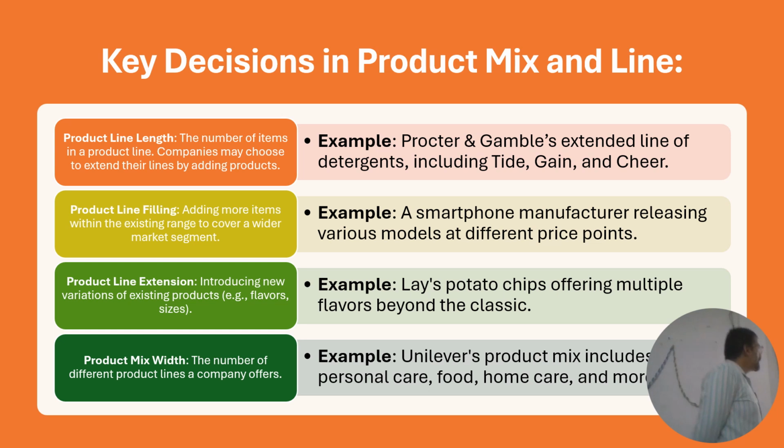Similarly, we talk about extension, boys and girls, new flavors to the existing products. For example, if you consider a Lay's chips packet, the original is salted, the yellow color packet, isn't it? Then came Indian Magic Masala, which is the blue color packet. Then came Spanish Tomato Tango, which is the red color packet. Same potato chips, but a different flavor.